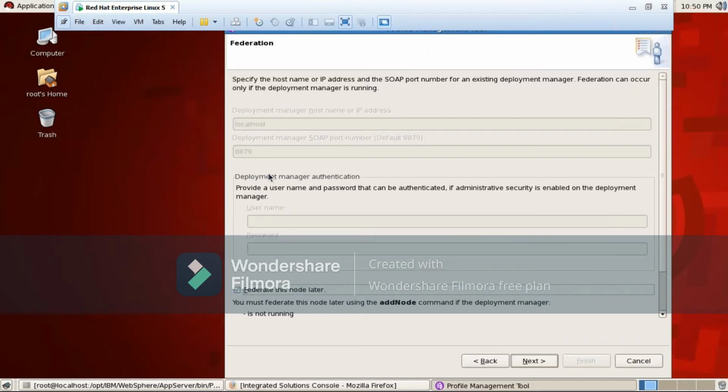Then what will happen? Only the product binaries and only the profile home of the custom profile will be there, and you can federate it later also. What is the use? Anyhow, if you create a custom profile, you need to federate it, right? That's the reason while creating itself, we will go for the federation.